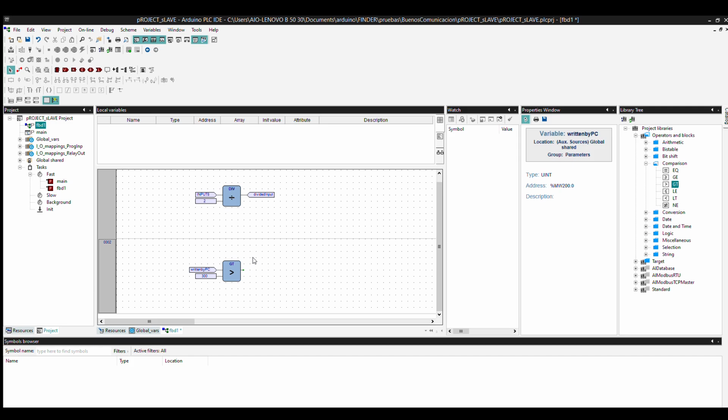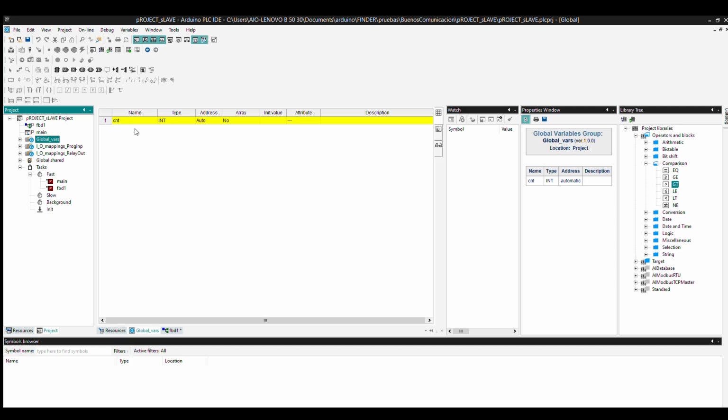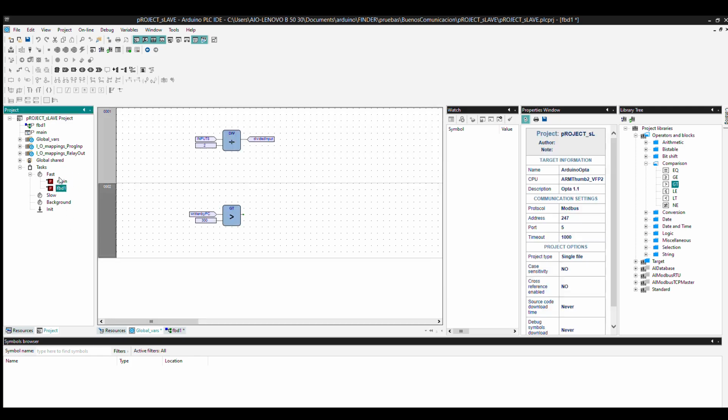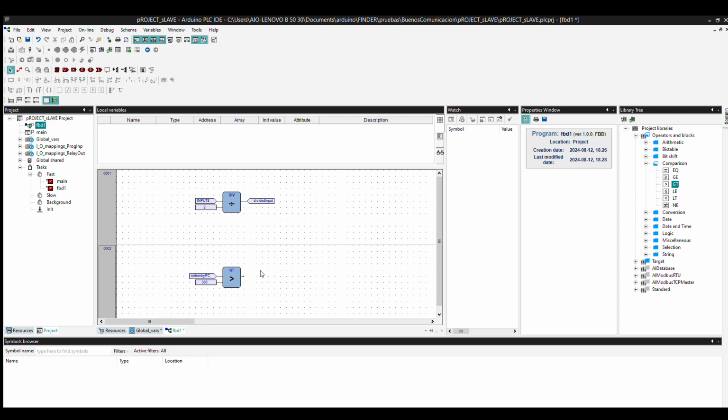Now the result, we are gonna need to store it. So for that we are going to create a new variable. We go to global, we create a new variable, which is gonna be called comparison result. It's gonna be a boolean, okay? So we return now to the program, and here we are going to store the result. So we go to variables, comparison result, okay, here. We flip it,